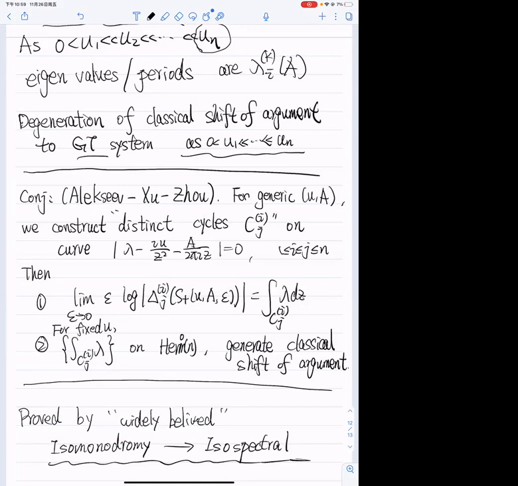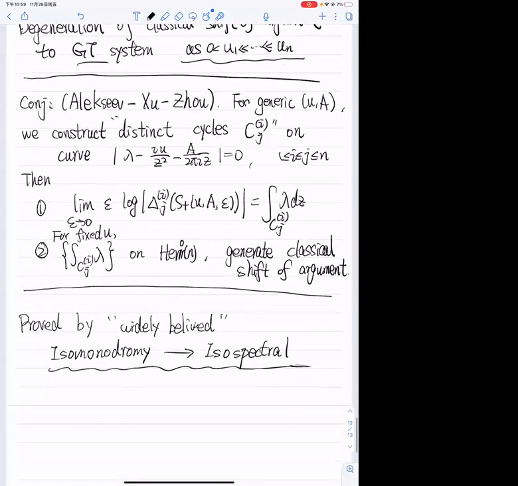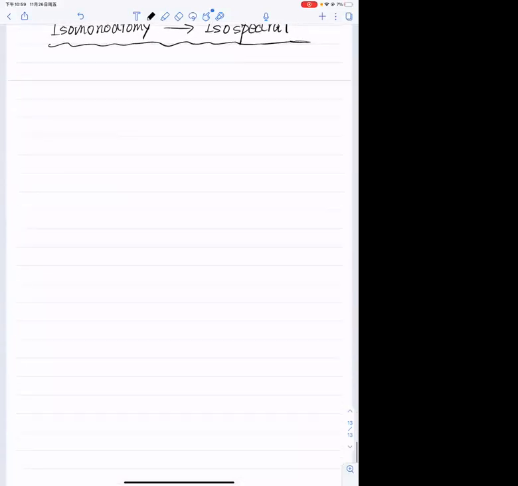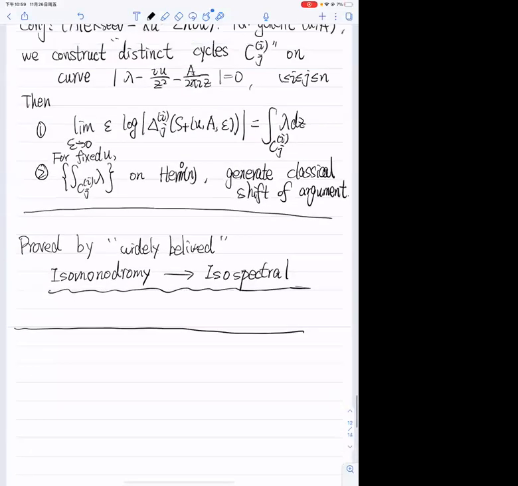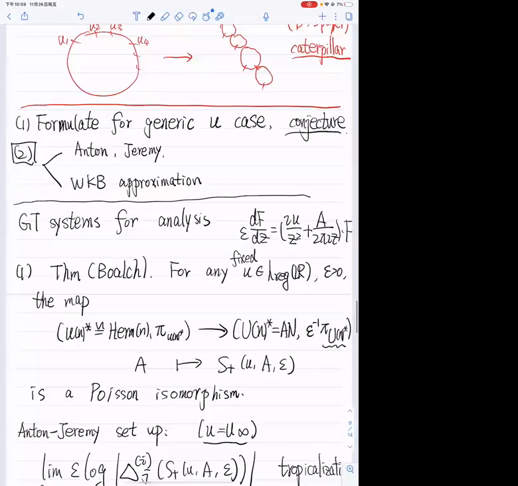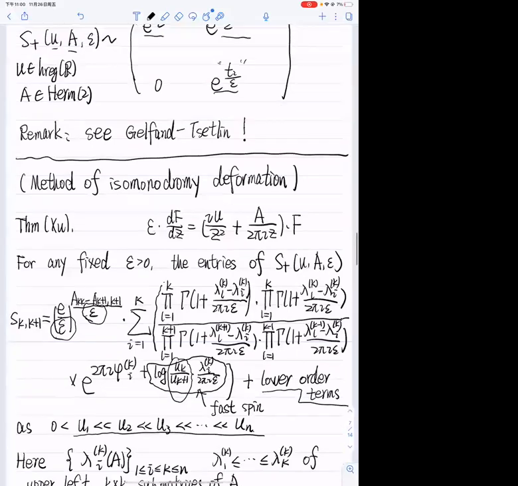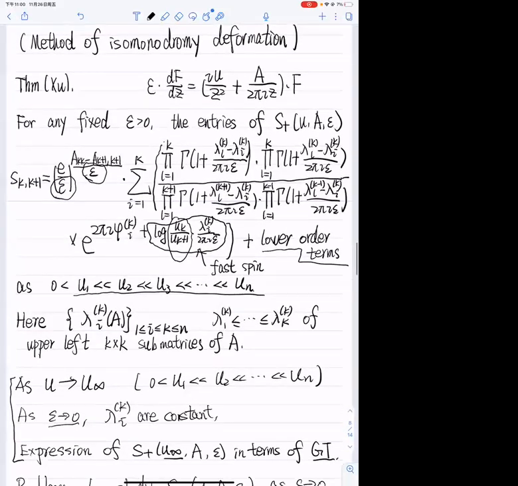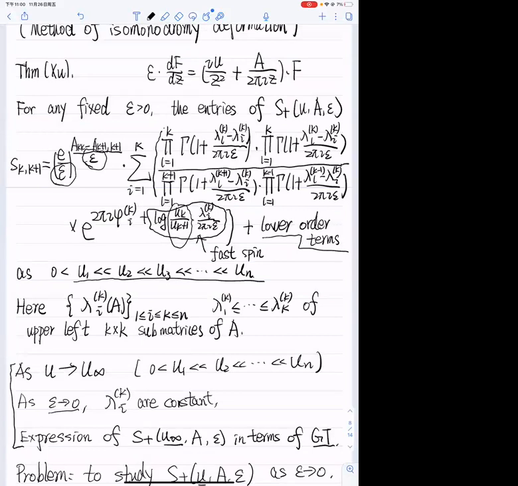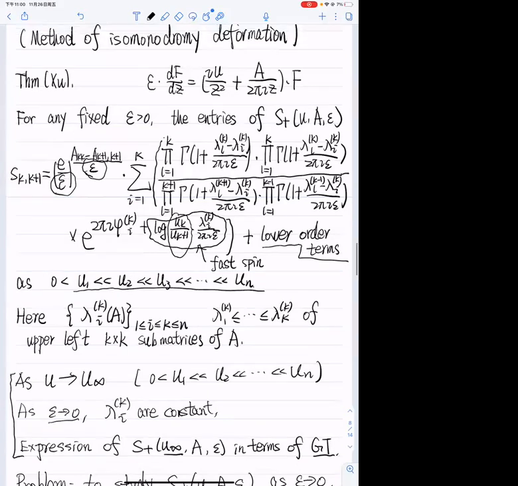Yeah, of course. Please. So I wanted to ask, what happens if we consider arbitrary complex matrices A and not just Hermitian ones? Right. The complex setting is very important since it's related to this Frobenius manifold thing. So this formula should work for generic complex A, but I cannot prove it because in the method of isomonodromy here,